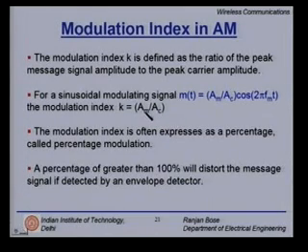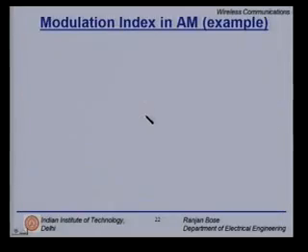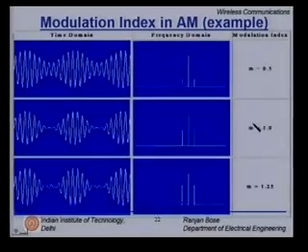So, as I increase my modulation index, my Am increases. Let us see what happens when we go to 1. Here we are just about there, we have not yet distorted our message, but anywhere above 1, at m equal to 1.25, you see the message crosses over and starts distorting. If you just use an envelope detector to detect it, you will have severe distortions at these crossover points.